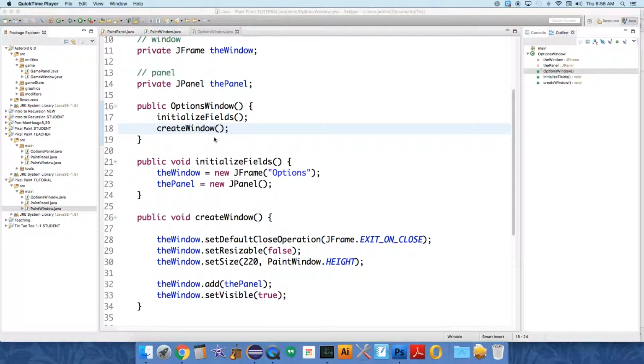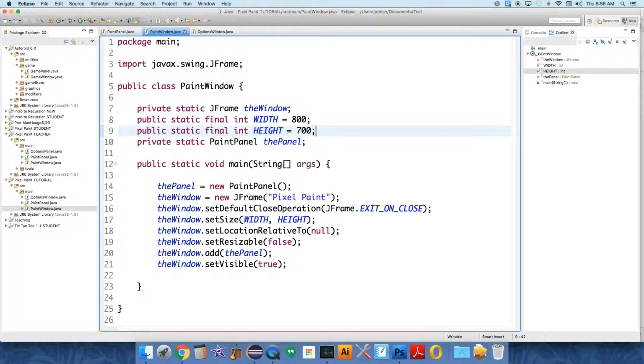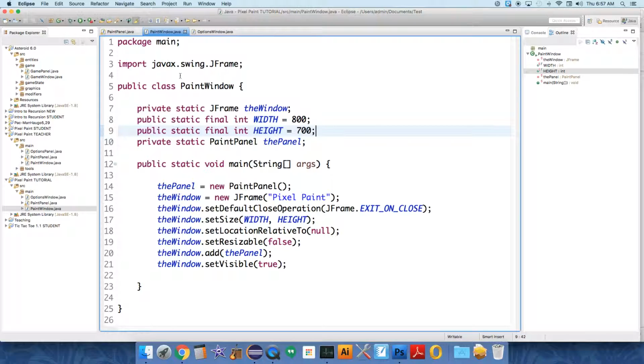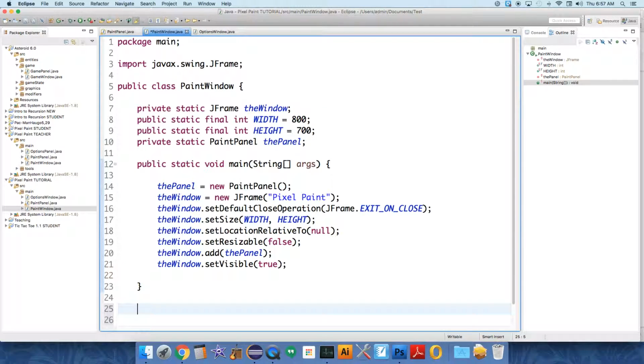Okay, in this video we're going to make the options window pop up right next to the paint window. And so these two objects need to communicate with each other somehow. So our paint window needs to be able to tell the options window where it is in space. And so we're going to add a method to the paint window class. It's going to be a static